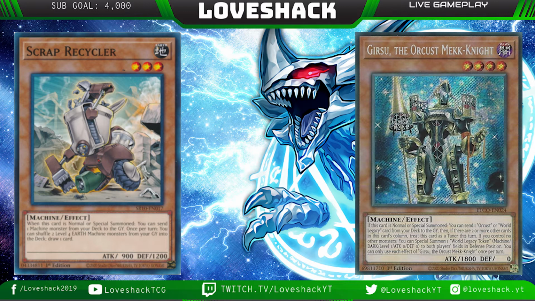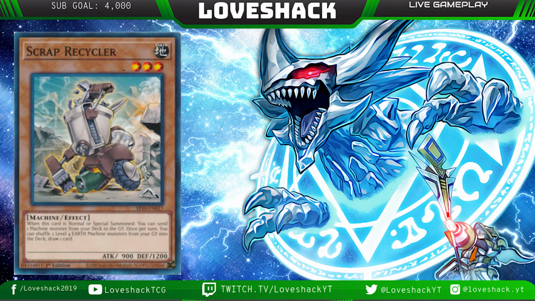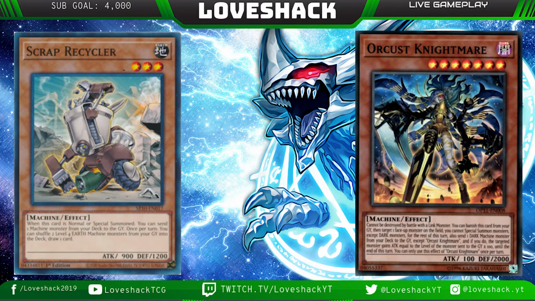Scrap Recycler is an insane enabler for the deck. They're not going to hit any more of the Orcust combo pieces, and Harp Horror's already gone. You could hit Nightmare, but I'm thinking Scrap Recycler might be the move to make. It's still not a hard once per turn, so if you revive it, you utilize it with other combos and stuff, you can still technically